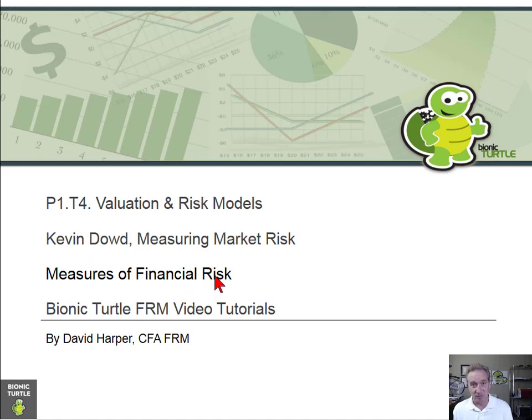The Kevin Dowd textbook has been assigned in the FRM syllabus really since the beginning. So one of the oldest textbooks in the syllabus, very well seasoned. And it's no secret that I'm a huge fan. I think this is one of our best resources in the FRM syllabus. While not new, it is very solid on the foundation of value at risk. I think this is one of the best textbooks there is for value at risk and related topics, especially in the quantitative aspects. Kevin Dowd is a very talented author in terms of the math. And so you could do no better than to read the whole book, not to mention just the assigned portions.